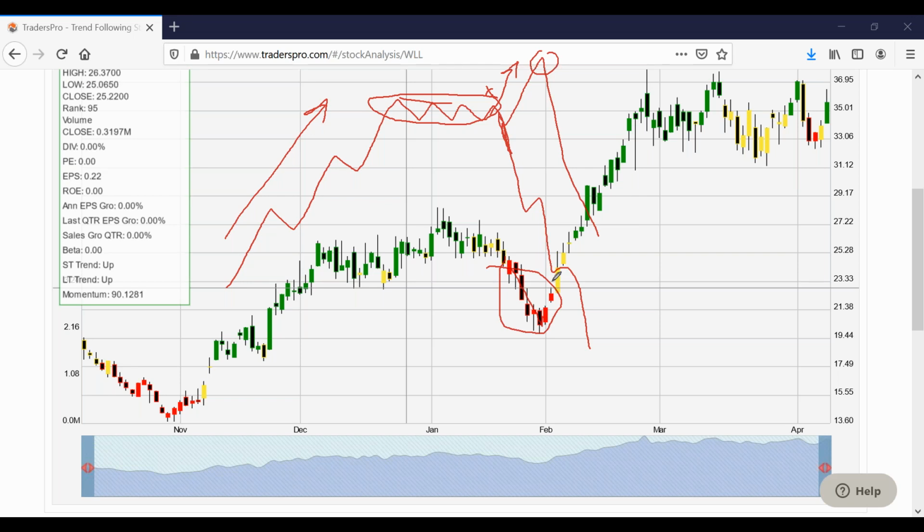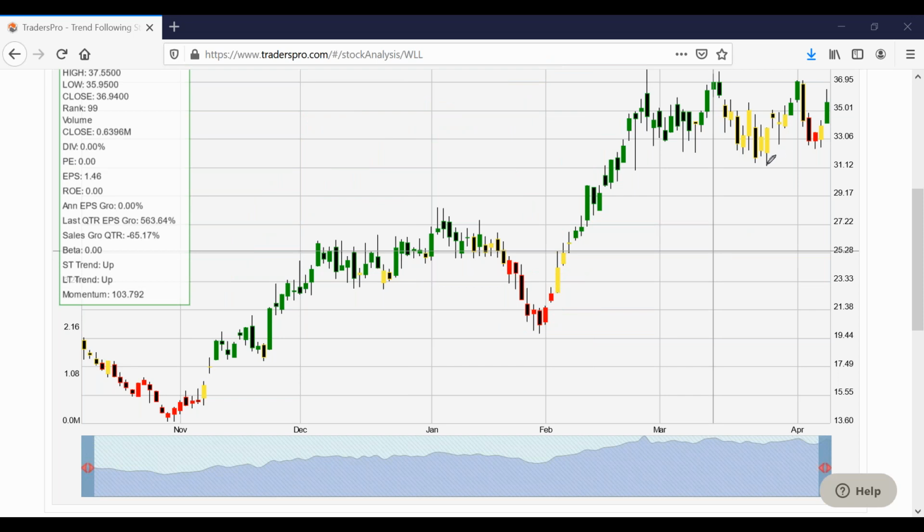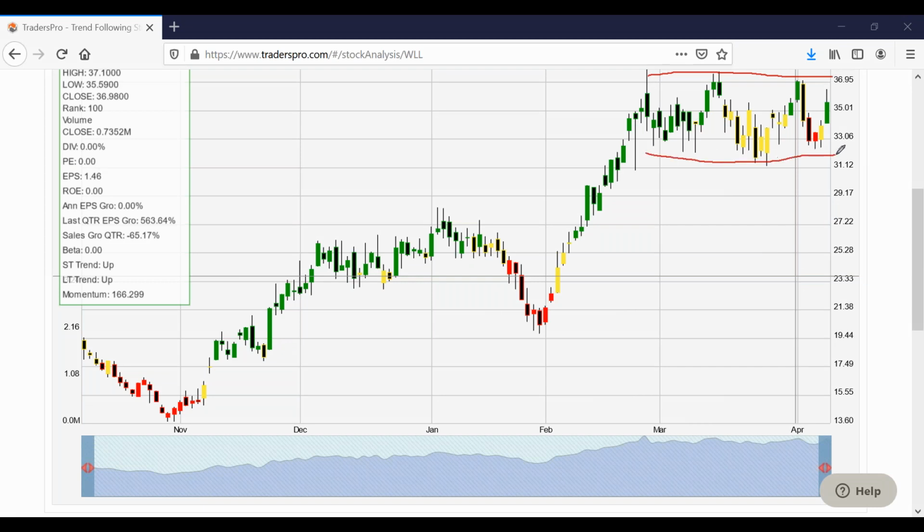Wait till that's kind of done going. It starts moving back up again, and then that could be the trigger that causes it to break out and go higher. So anyway, even though we're going back to a buy signal right here, that's something you could consider on this. You can look at the top of the range, the bottom of the range. If it can break out above the top of that range, that might be a better entry point